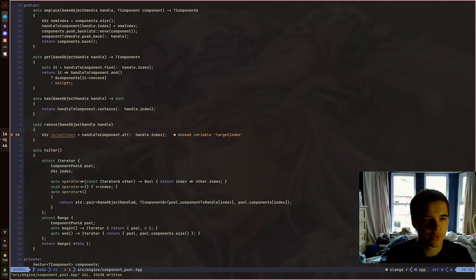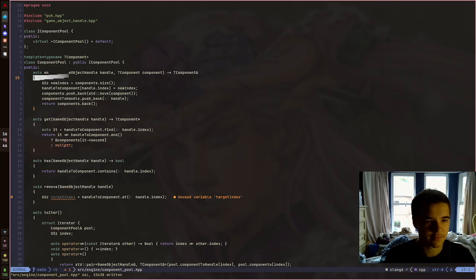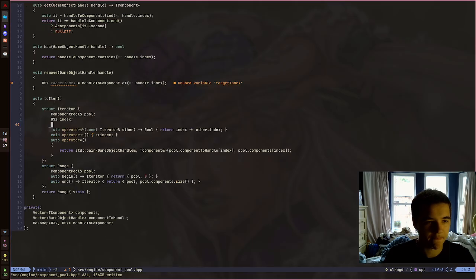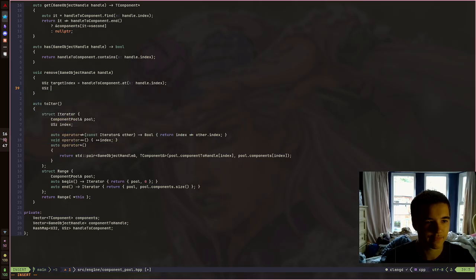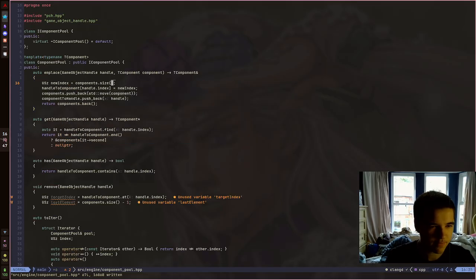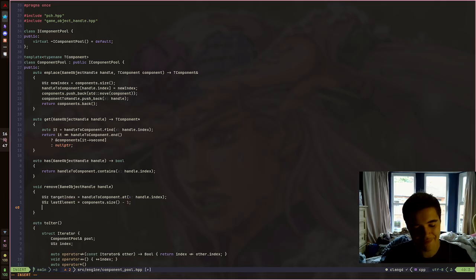So then we need to, I mean, basically, just do the opposite of this. But also, we're not just adding to the end. So that's our target index. Then we want to get the last element, which is our components dot size, I believe minus 1. Yeah, because new index is like the new index, right? Components dot size. Where do you use new index here? Here. Handle to component, handle dot index equals that. Yeah. So it'd be minus 1, and then we want to